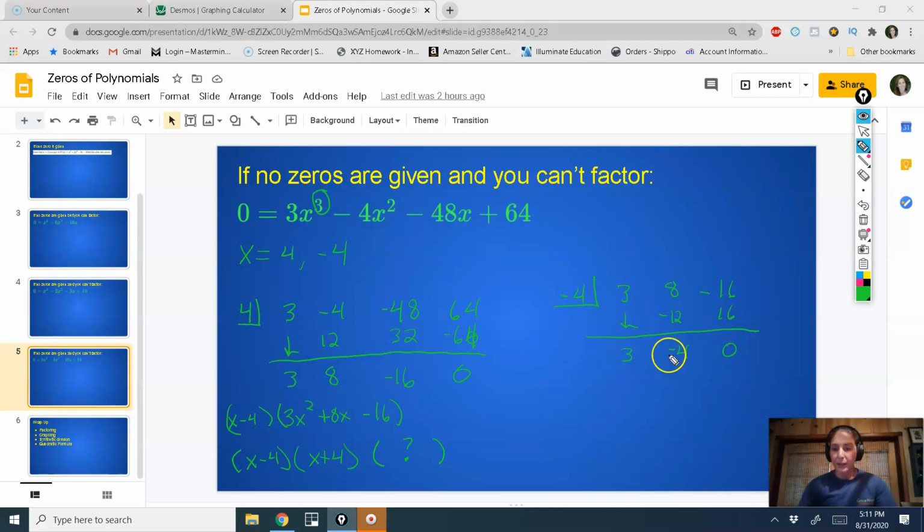So my factor here is, drop the power by 1. I started with a quadratic, so I'm going to end with a linear. So it'll be 3x minus 4. Okay, so that is precisely what's going to go in there. I can erase that because now I know that's going to be 3x minus 4. So my zeros now are at x equal 4, x equal negative 4, and if I set 3x minus 4